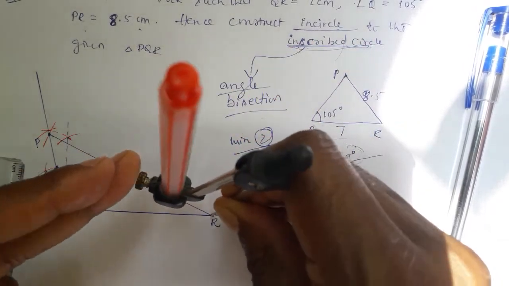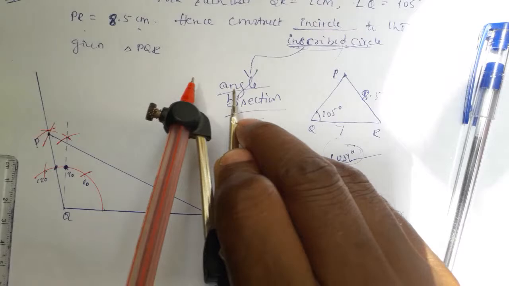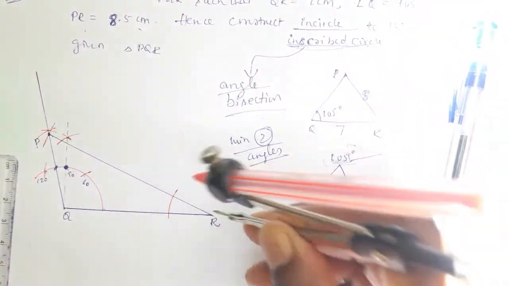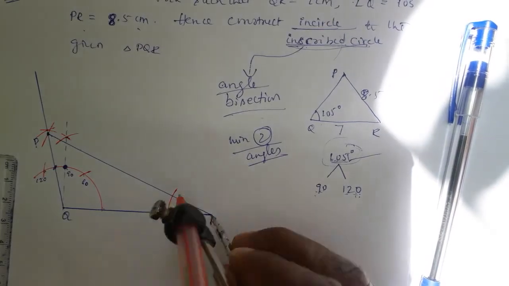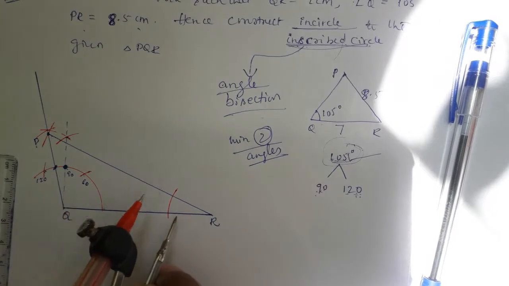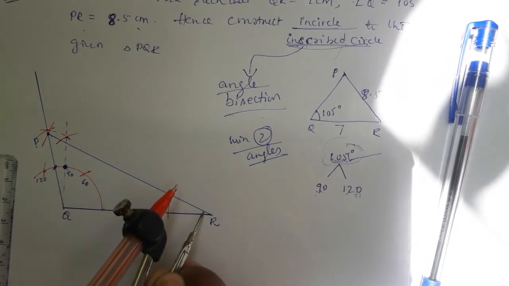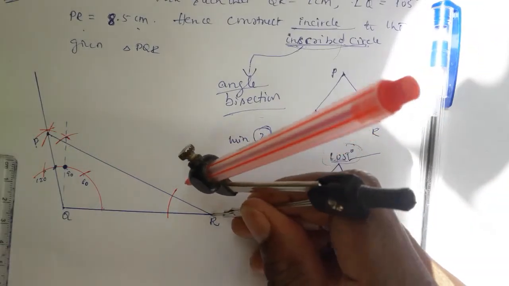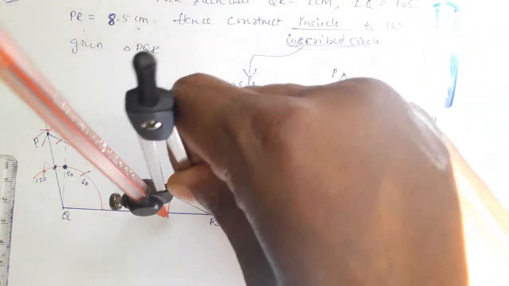First go to R angle. So I will teach you how to construct the angle bisection. Go to R angle. First mark one arc like this, from the R vertex. That arc should be passing through these two sides. Look, from R there are two sides extended from the R vertex. So keep the compass at R and mark an arc like this.